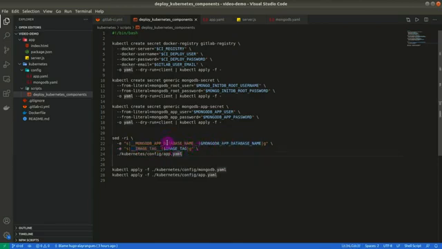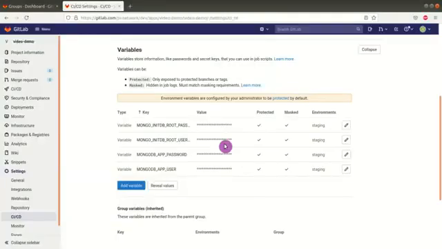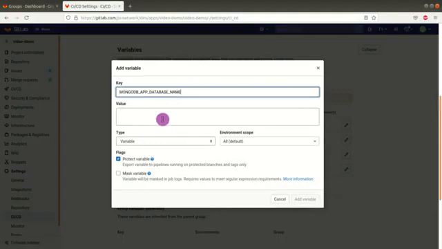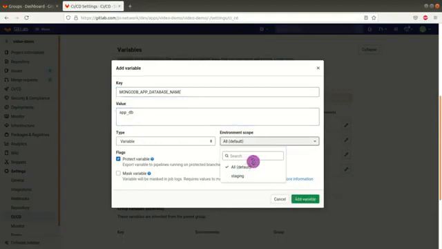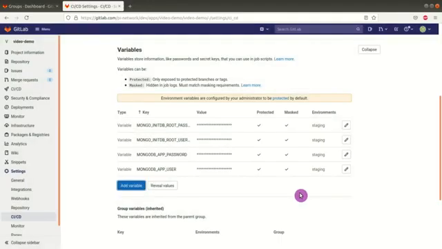So for the first one, Mongo app database name, this value comes from, again, the GitLab UI interface, so we can create it here. App db, let's see, environment scope staging, again, we do not need to mask the variable as this is not a secret variable, so we add the variable,